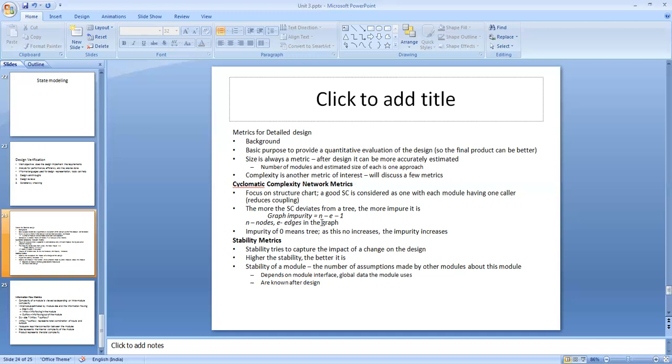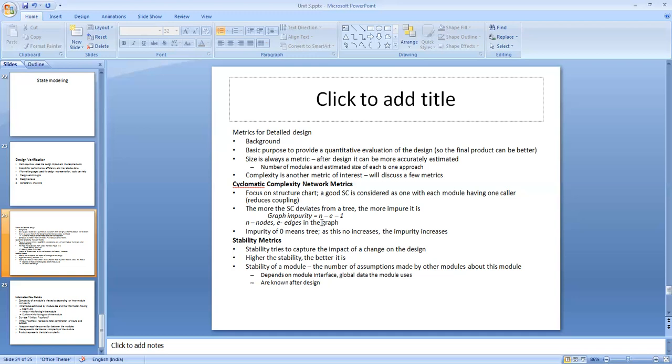Using this control graph, a quantifiable number is derived, and that will give you an idea of whether the detailed design is going in the right perspective or not. That is the advantage of having this cyclomatic number.